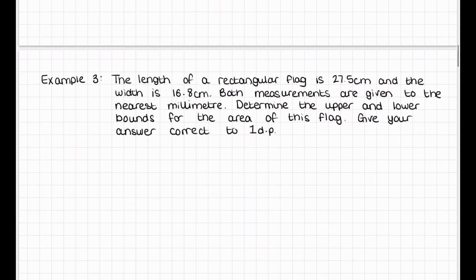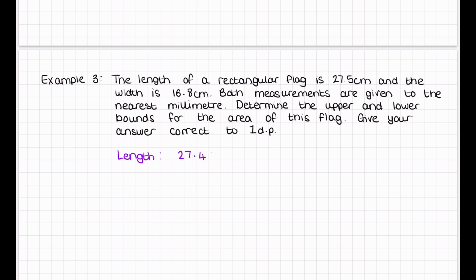Example 3, the length of a rectangular flag is 27.5 centimetres and the width is 16.8. Both measurements are given to the nearest millimetre. Determine the upper and lower bounds for the area of this flag. Give your answer correct to 1 decimal place. We need to look at each dimension separately first. For the length, what are the bounds this could be between? The length was 27.5, which means it could have been